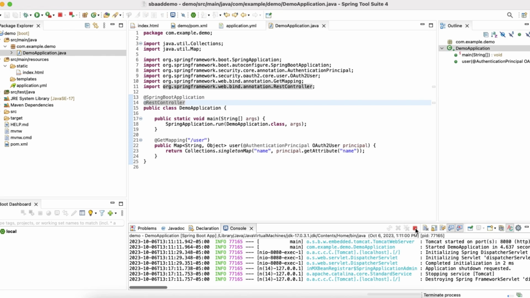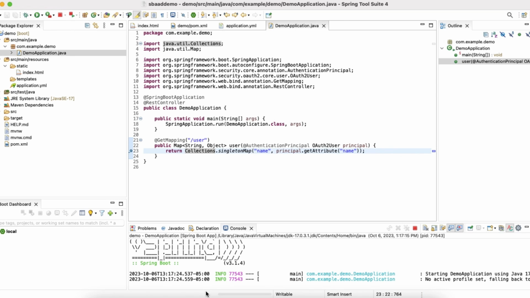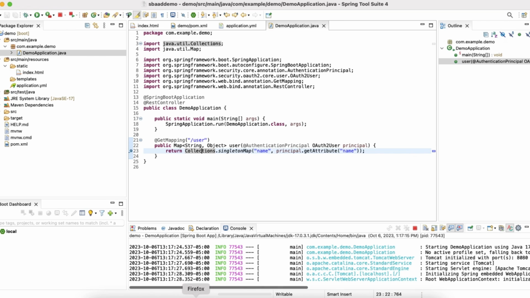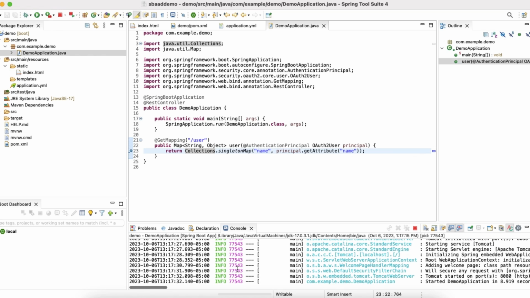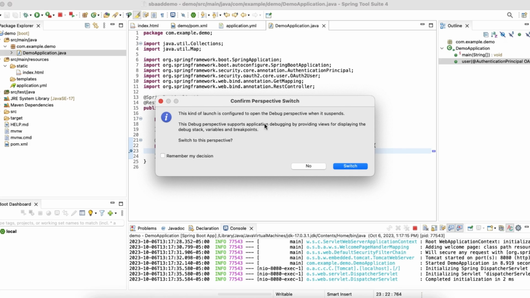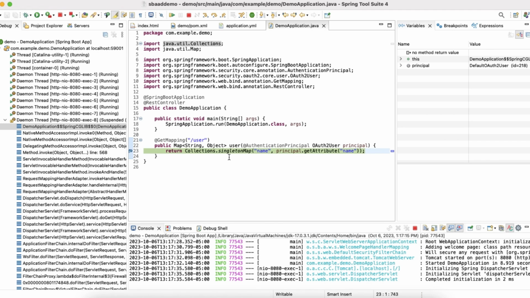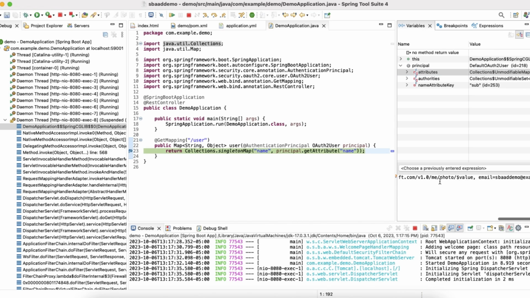But if you want to check that, you can start this server in debug mode, and you can put a debug endpoint here where it returns the user's name. So just put a debug endpoint there. And the server has started. Now refresh this page, and since I have put a debug endpoint, it automatically came here. And if you look at this object and attributes, here you can see all the values